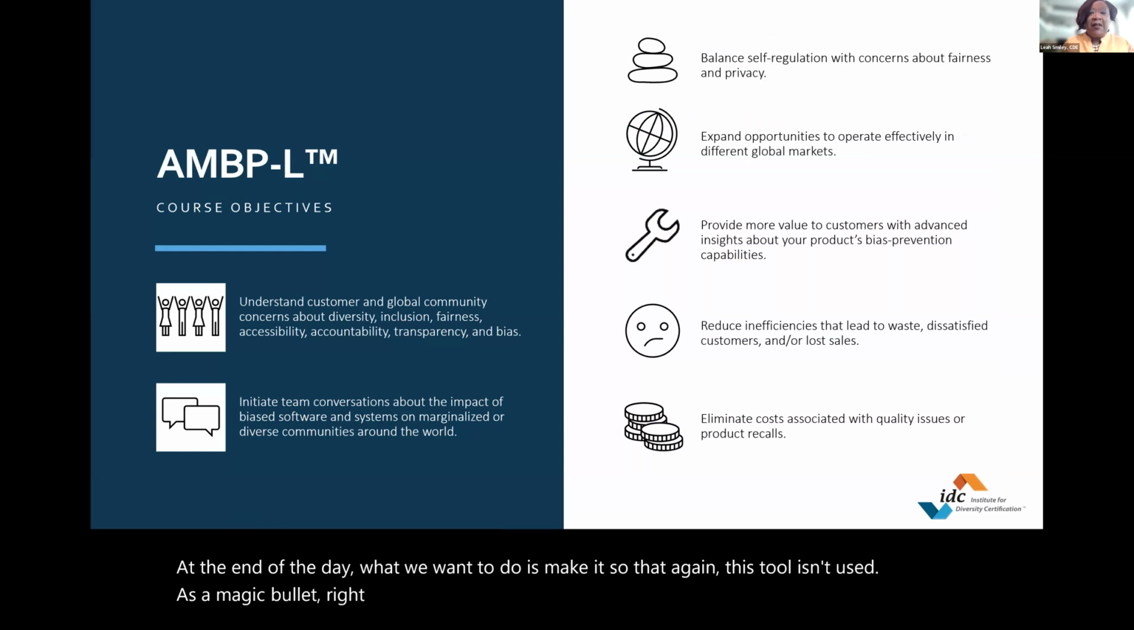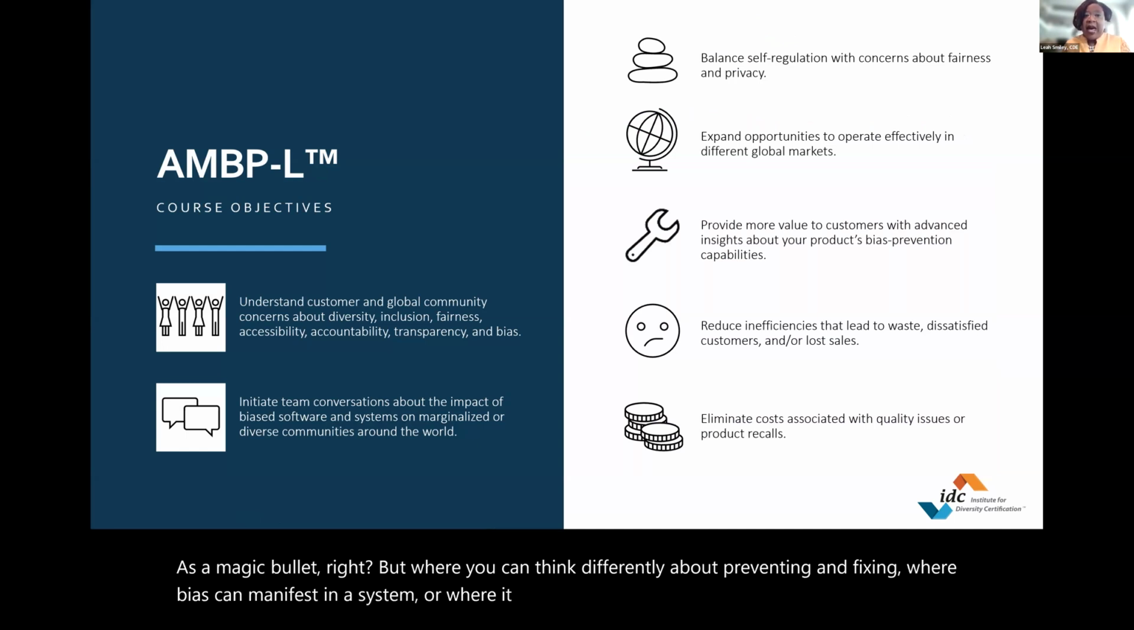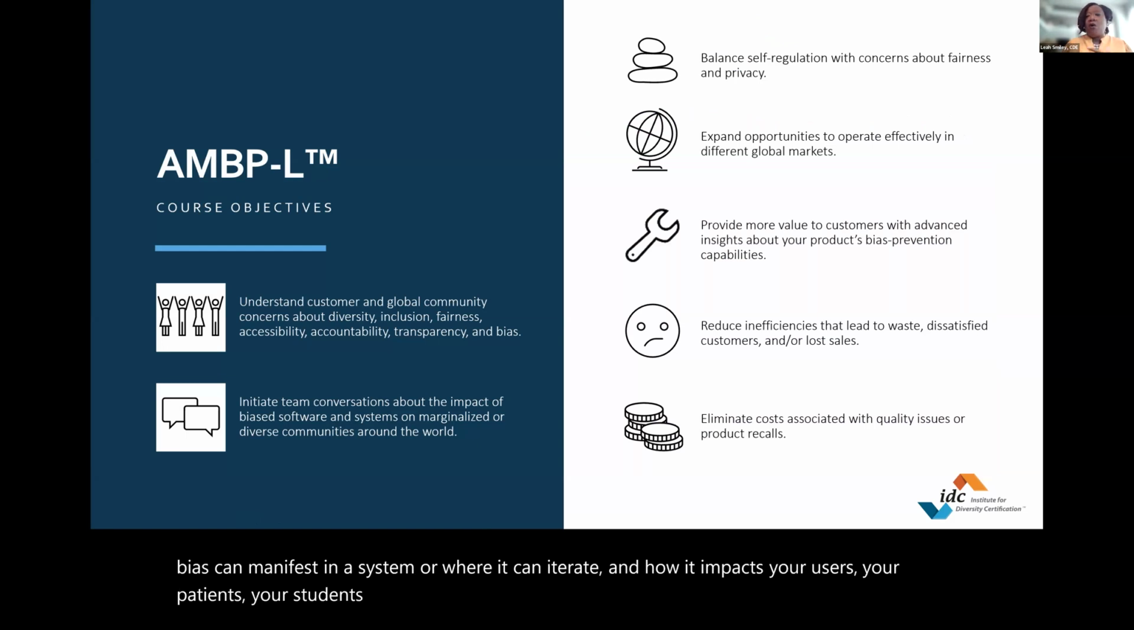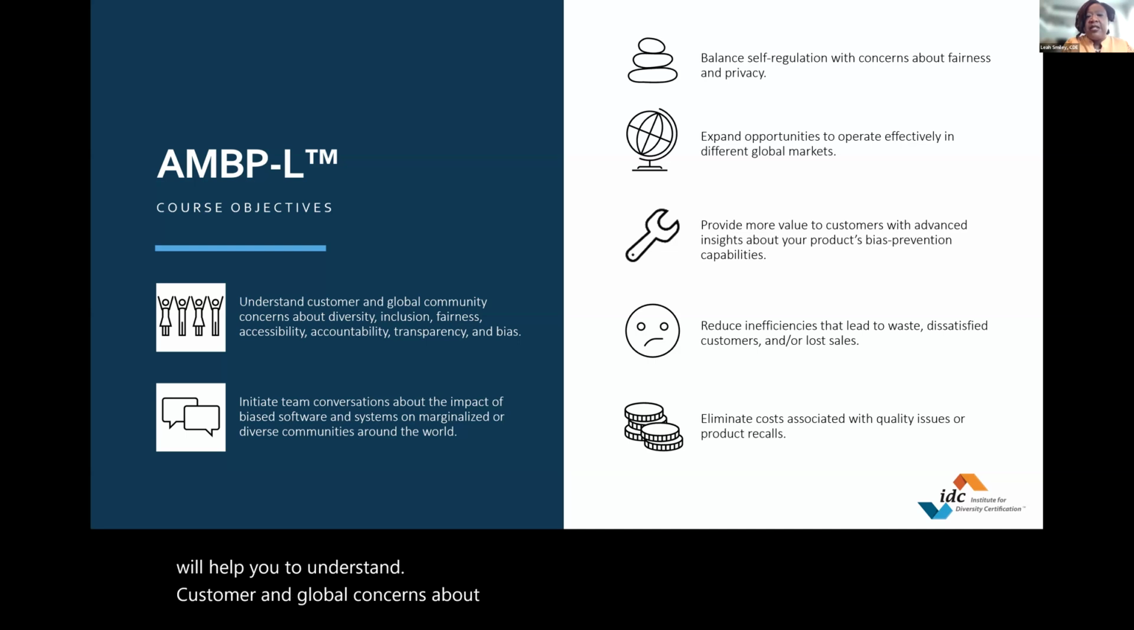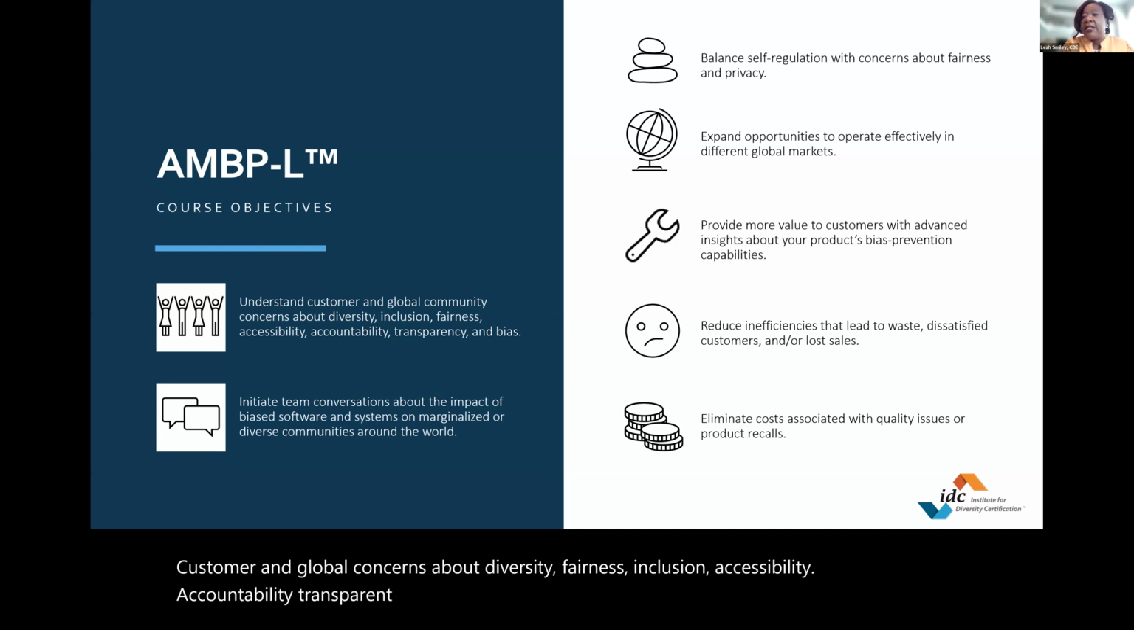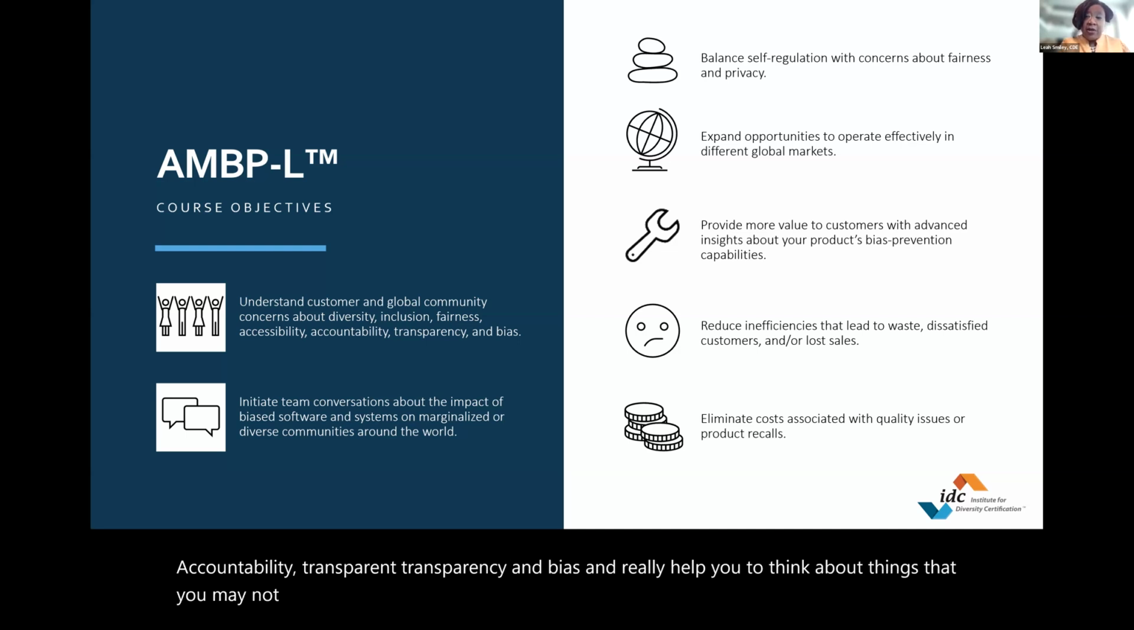But where you can think differently about preventing and fixing where bias can manifest in a system, or where it can iterate and how it impacts your users, your patients, your students, your customers, all those individuals that you interact with. The course will help you to understand customer and global concerns about diversity, fairness, inclusion, accessibility, accountability, transparency, and bias,